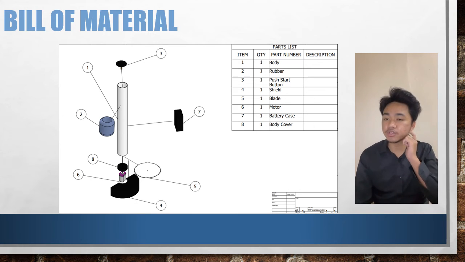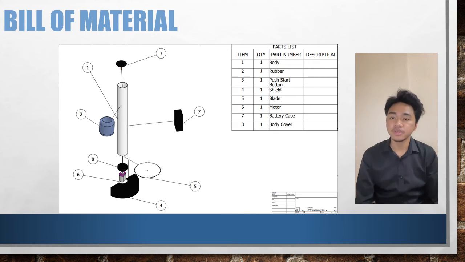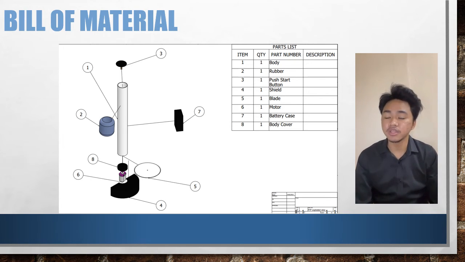Shield is important to avoid the grass splashing from the blade. And number 5, we have the blade. Number 6, the motor, which helps the blade to function. And number 7, we have the battery case, the place to put the battery. And number 8 is the body cover to close the diameter of the body.